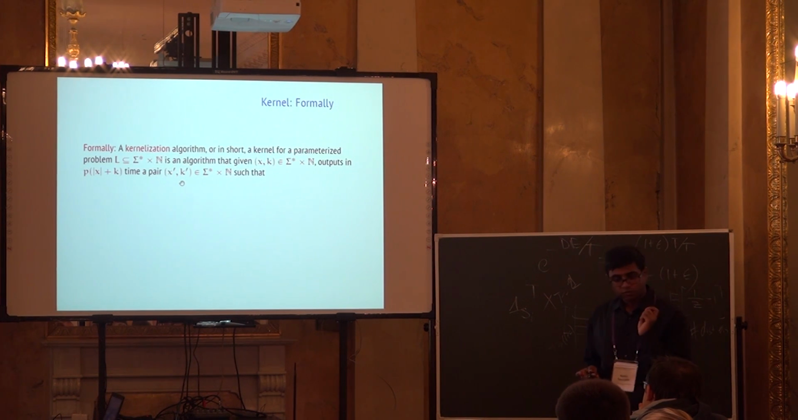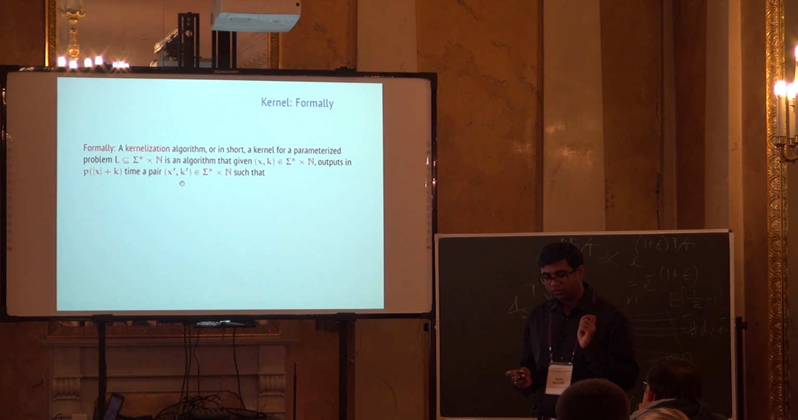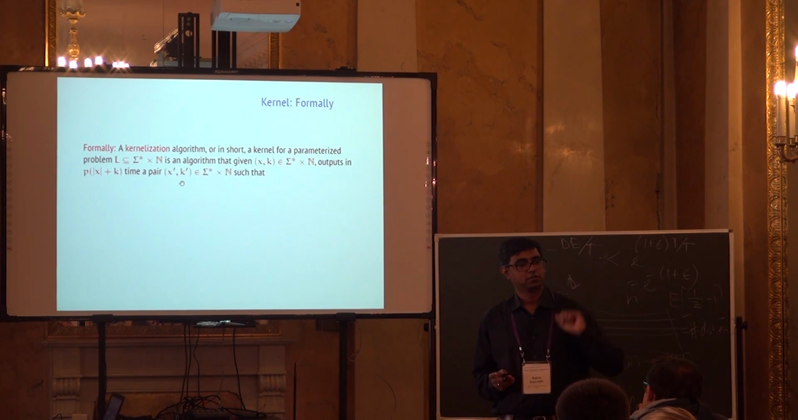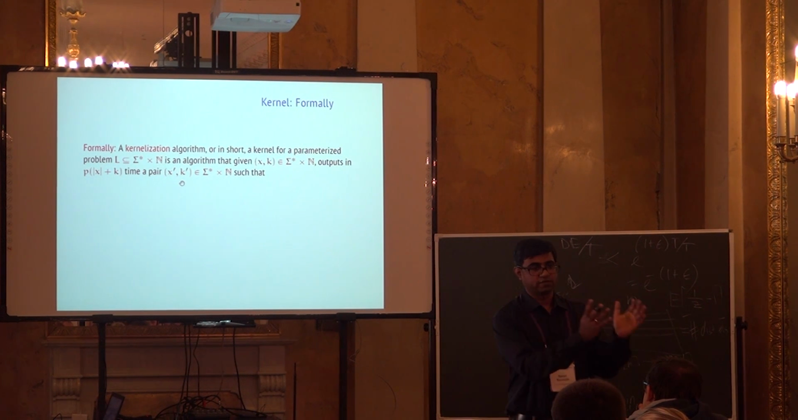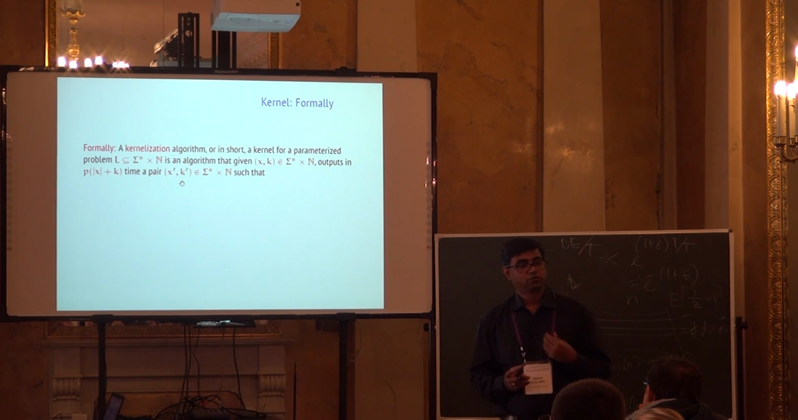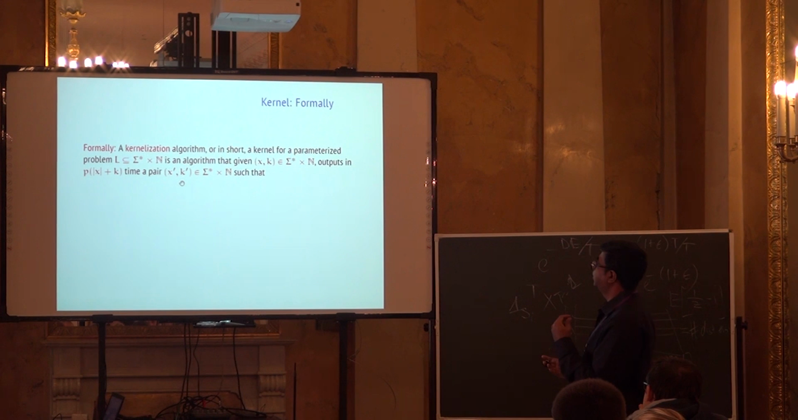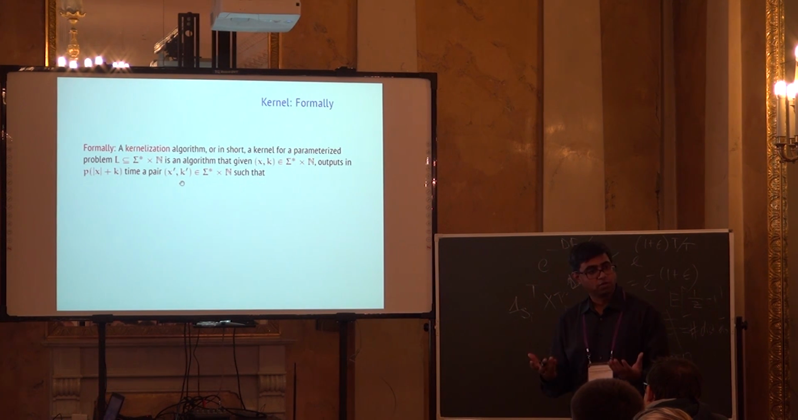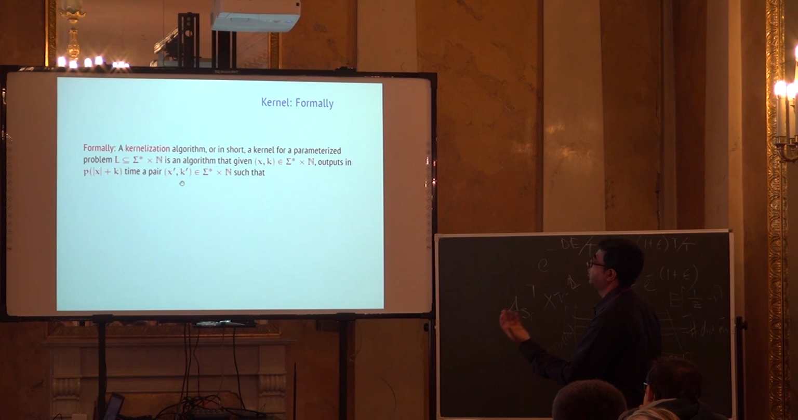So you have a language. Classically, a language is always a subset of sigma star. But notice that, as I told you, in a parameterized problem, we have an instance and we have a number. So any instance looks like a subset of sigma star cross natural number. Okay? So given this x comma k, we have to run this algorithm in polynomial time, p of |x| plus k, and return a pair x prime, k prime in sigma star cross N,